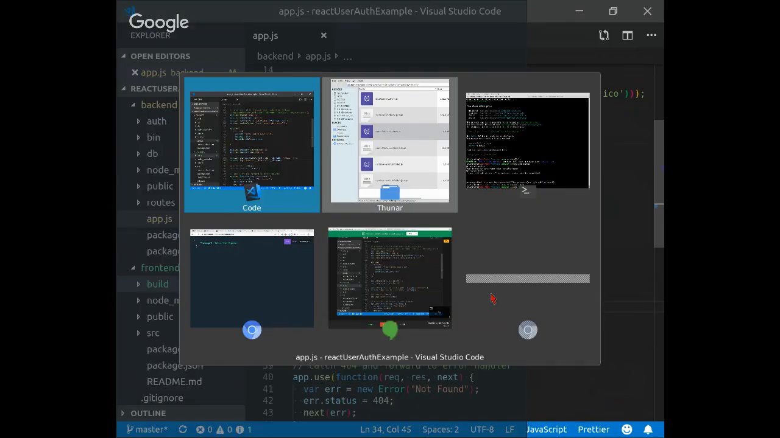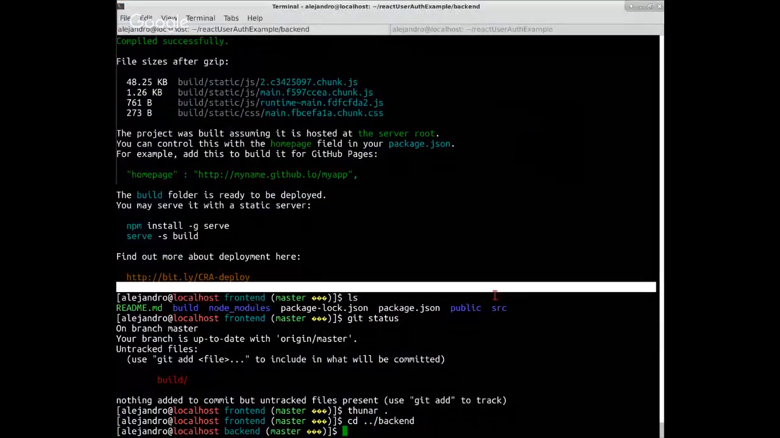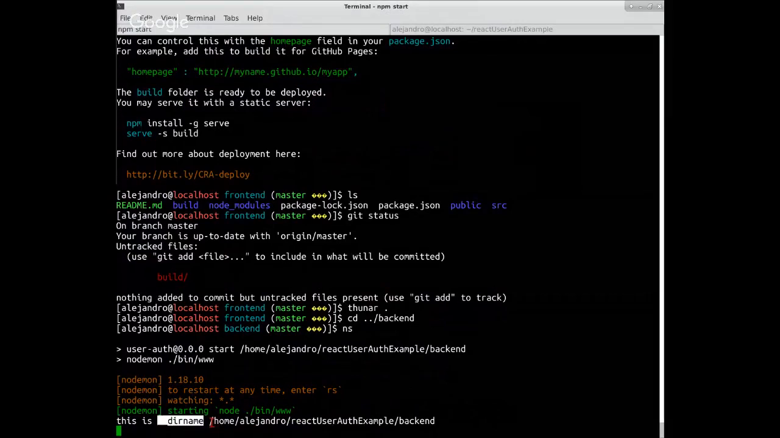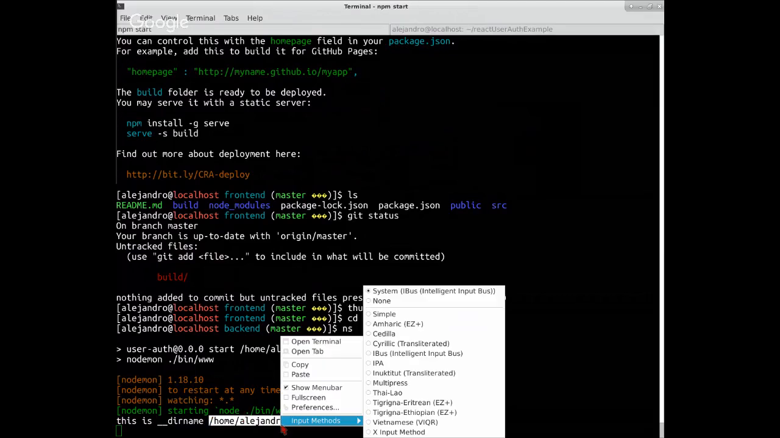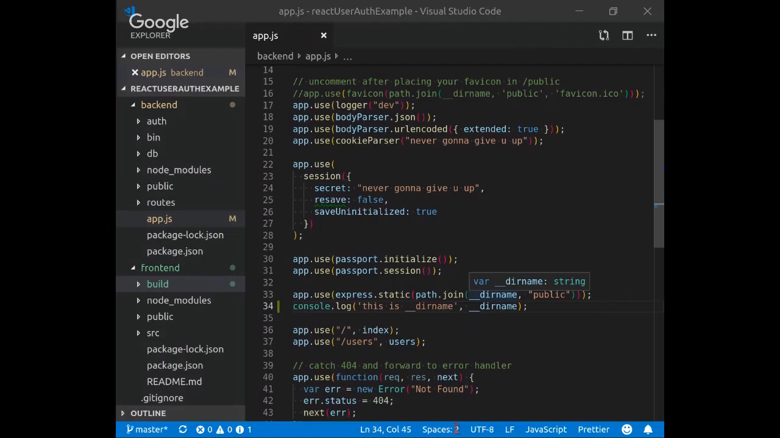And I'm gonna run my app, my backend, one level up, app backend, npm start. That's my npm start. This is __dirname. __dirname is this path. But this is a path to my computer, right? Heroku is gonna use their own, and we know that my name is not Alejandro on Heroku's machine. So that's how __dirname allows us to find the path wherever this app is running,